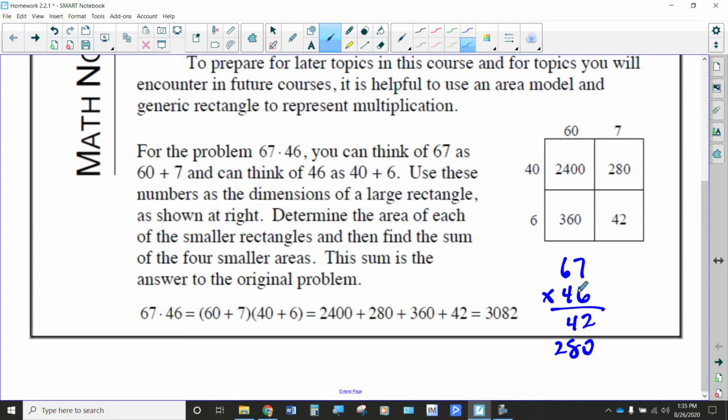And then we do the, oh no, I did it out of order. How about 6 times 60? That's this number right there. And then 40 times 60 is 2,400, and then you add all of those together to get your total product. So this is kind of a way of showing that when you multiply these numbers together, you're not multiplying like the 6 times the 4, the 7 times the 6, and the 4 times the 7, and so on. This 6 has a value of 60. That 4 has a value of 40. So by setting up the generic rectangle for multiplication, you get to see the values of those numbers and their